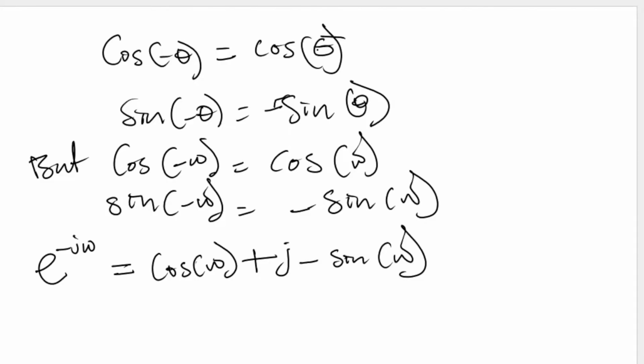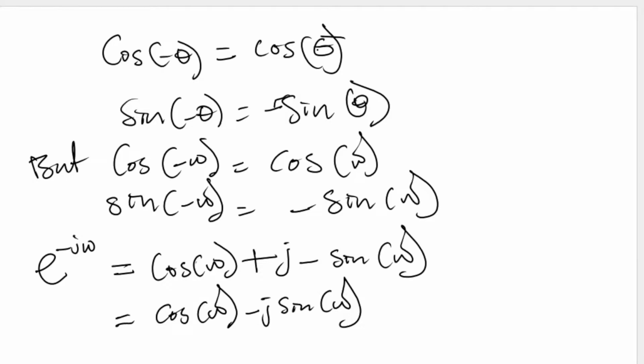Now looking at our question, is it simplified? No, it's not simplified. Why? It's because we are having plus here and we are also having minus here. So plus times minus is minus. If you simplify further, you simply have cos W minus J sine W. Now we can see our new change for